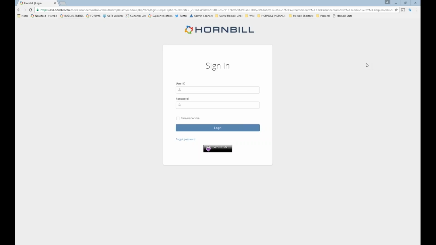So today's topic is going to be an introduction to Hornbill. The way this webinar will work is the first half I'm going to be focusing on the admin side of things, giving you an overview of the entry points to Hornbill as the very first thing. The second thing is going to be the admin tool that we have, so you can at least see where the configuration is